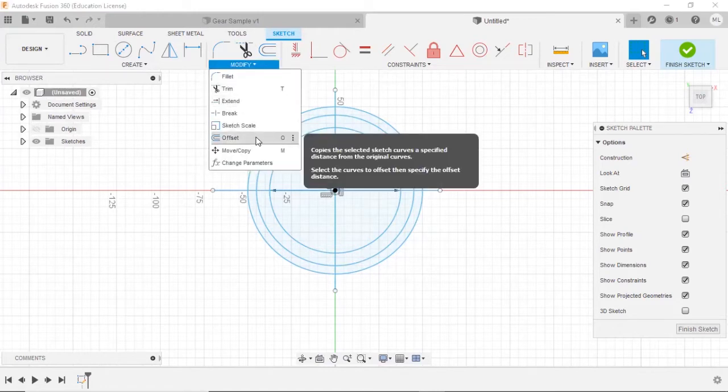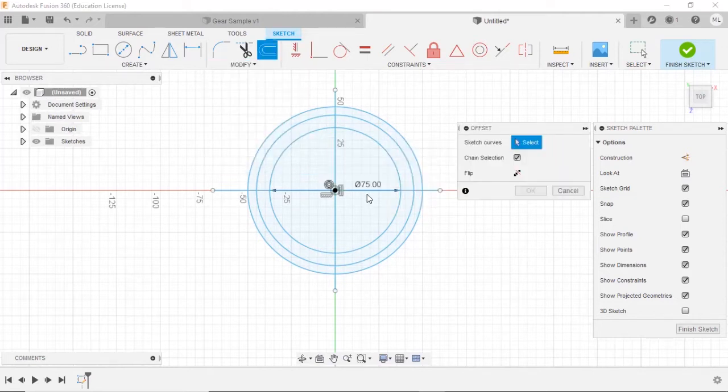Here is the definition: copies the selected sketch curve, specified distance from the original curve. Okay, so click on that one, then let's click onto the X part, the X-axis line. Then after that, you set the offset position. For positive side, it would be put below the line, but for negative side, it would be put above the line. So if you put there -3,